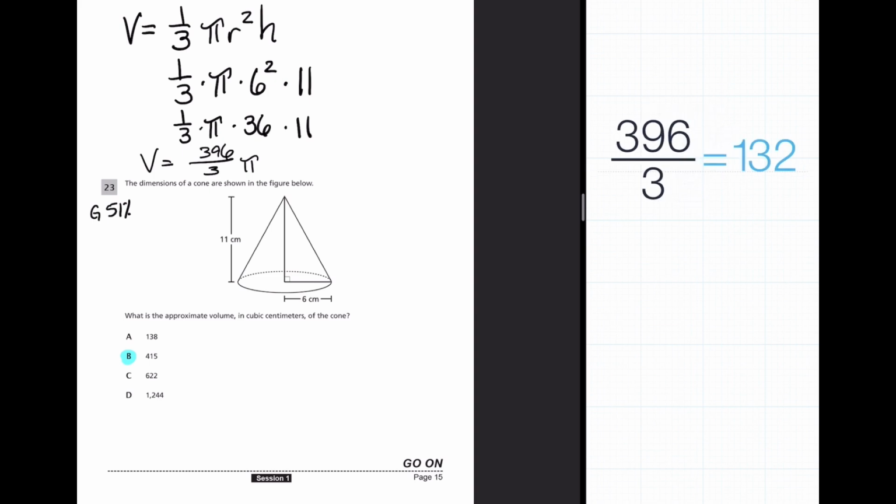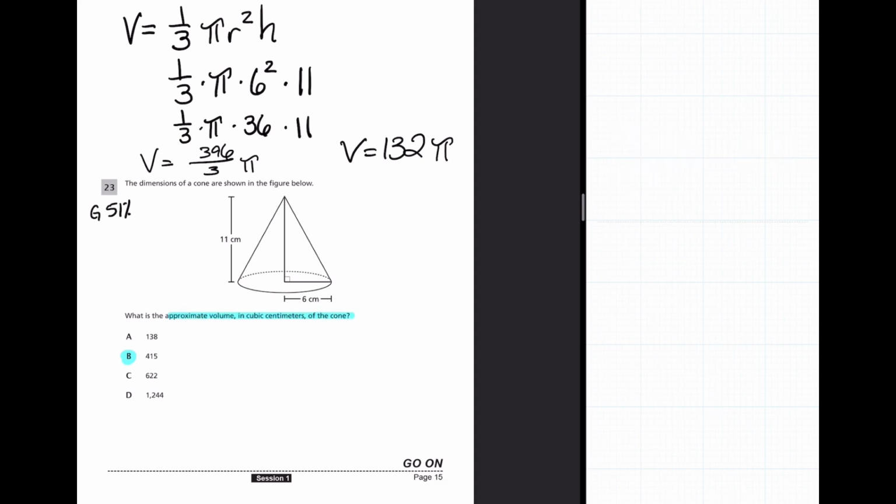Which gives me 132. So far my volume is equal to 132 pi. Now notice it didn't tell me to leave my volume in terms of pi. Matter of fact, it tells me to approximate it. So I'm going to have to figure out the volume for pi. Depending on the type of calculator you have, you can either type in 132 pi, or you can do